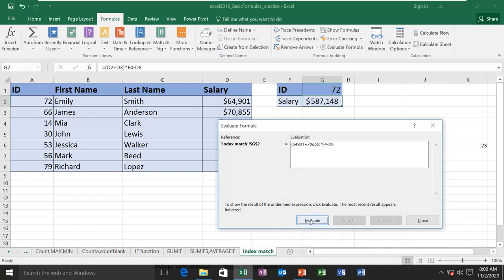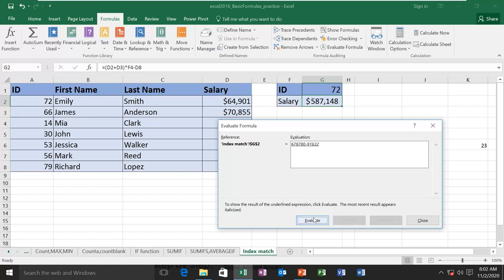And then what is it going to do? It is adding those values. So it has added the values and now we get this. Next, it is going to get the value from this cell reference. Okay, now it has it. Now it is going to multiply. And then it tries to calculate the value from this range.